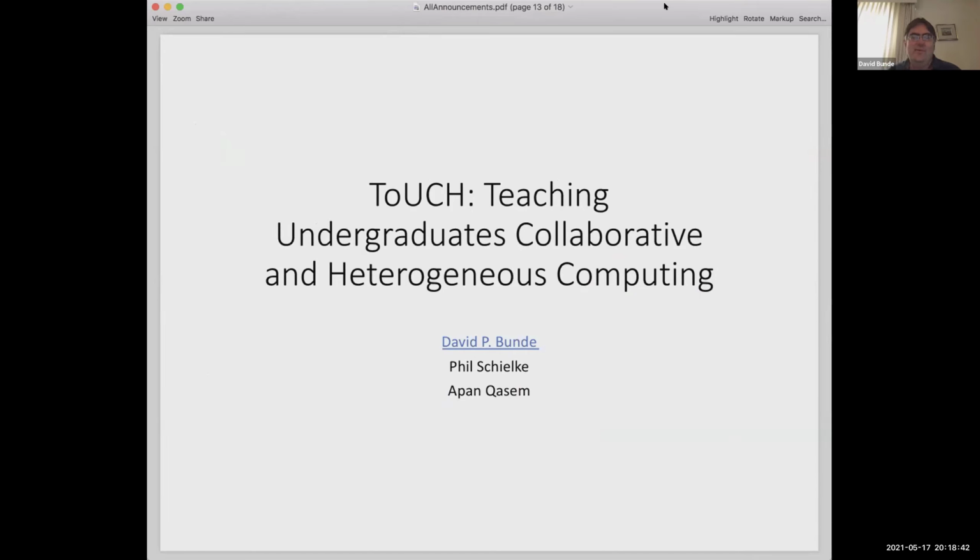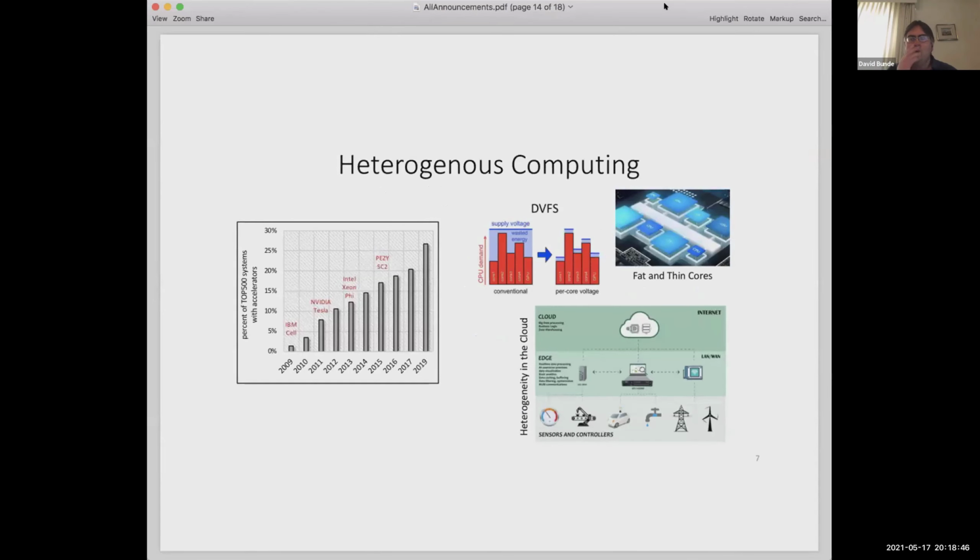But yeah, I'm talking about our project Touch, which I'm working on with Phil and Apan here. Our focus is on heterogeneous parallel computing. I should have put parallel in there. But our idea here is